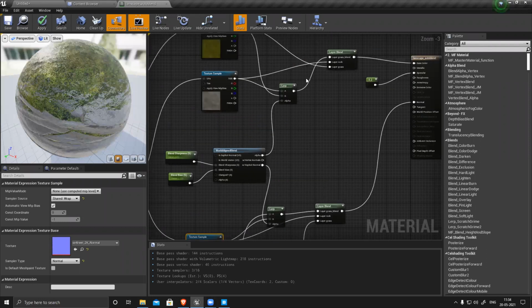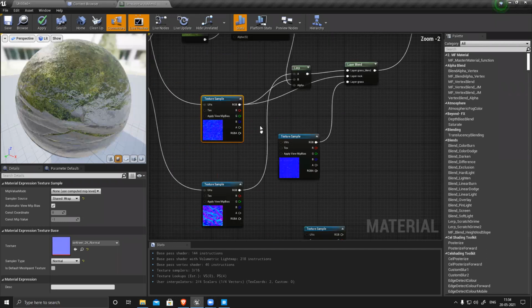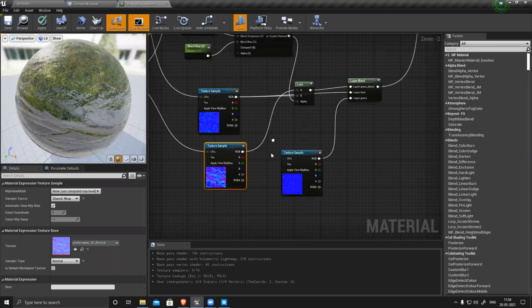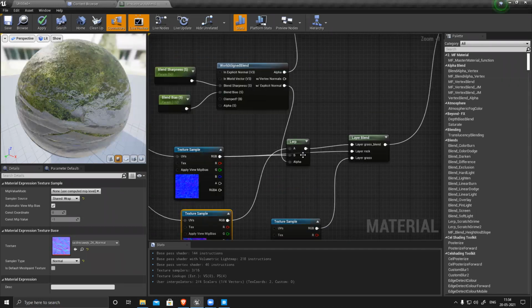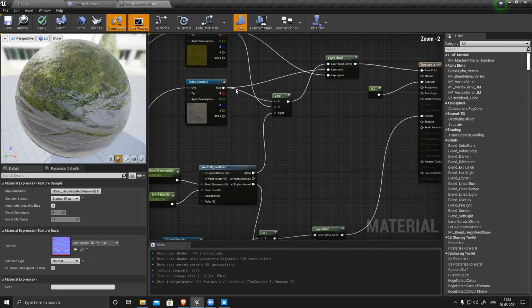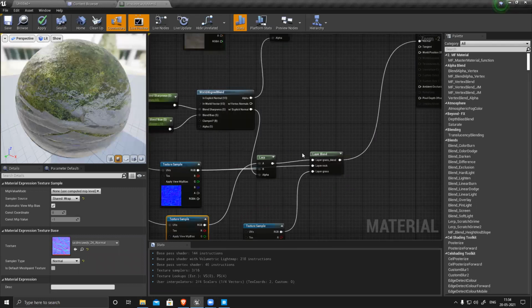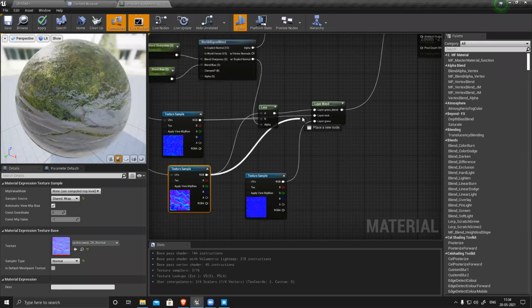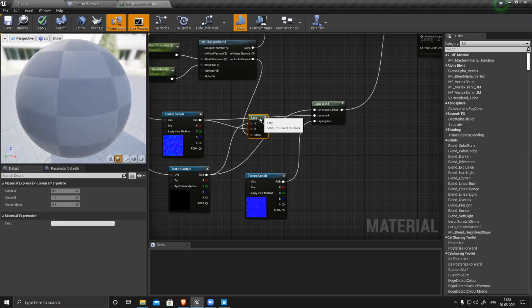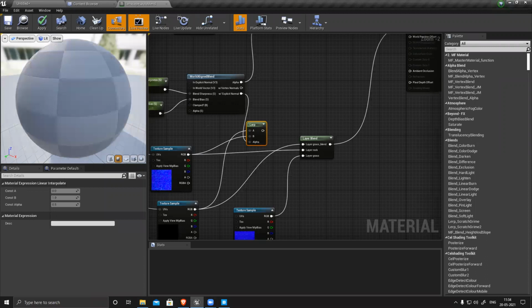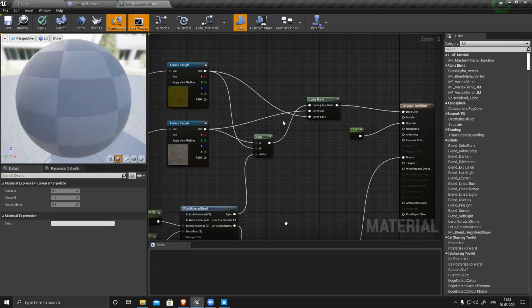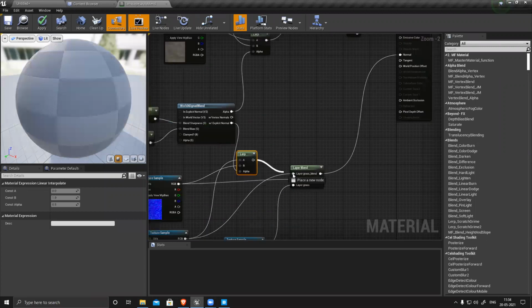A is rock and this rock is rock. But this is not rock. Something wrong I did here. A is rock, A is rock, and connected to land. And auto blend connected to first one, because this one is the first one.